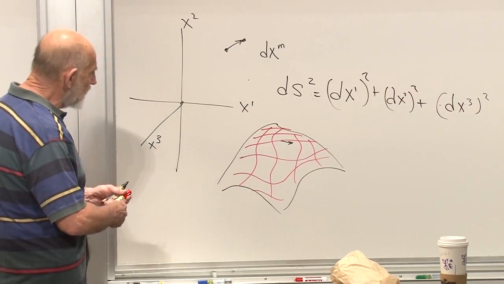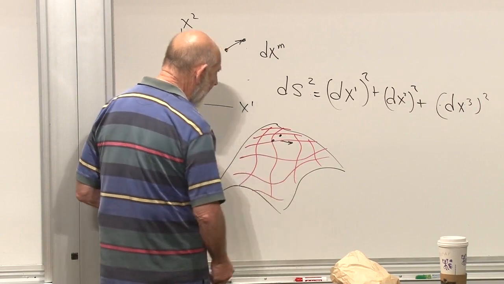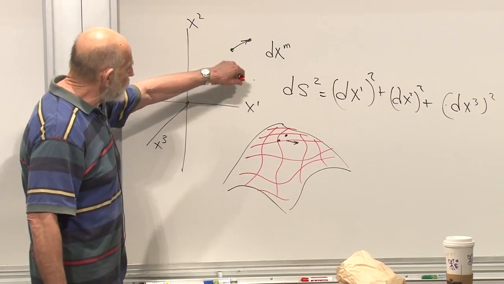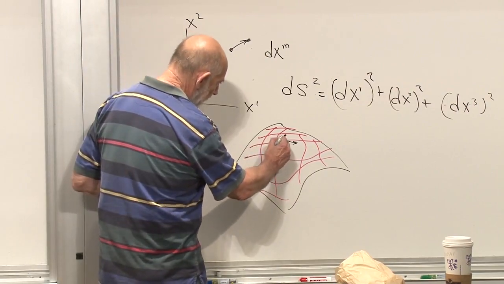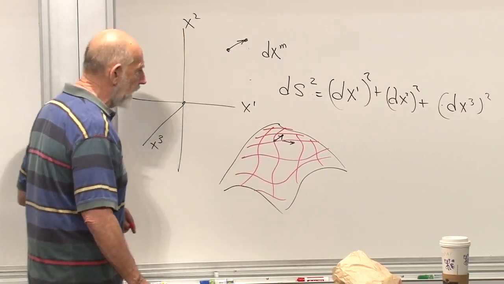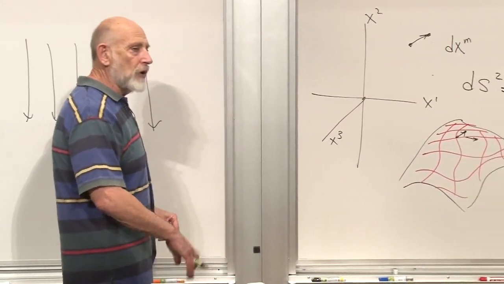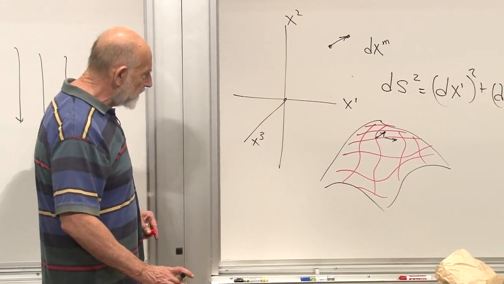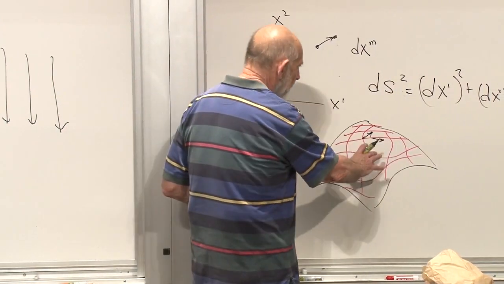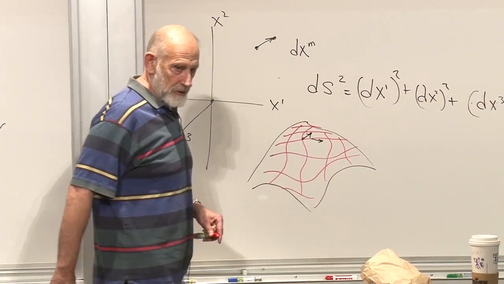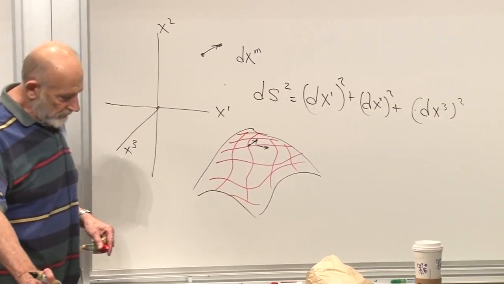Now we take 2 neighboring points. Here's 2 neighboring points. They're again related by a shift of the coordinates. This shift over here is again called dx^m. But now for an arbitrary curved surface with arbitrary coordinates, coordinates of arbitrary kind of complexity, the formula is not as simple as this. It has similarities with it, but it looks